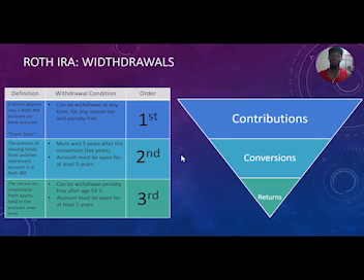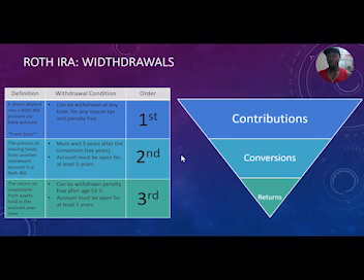So using conversions can be a great way to access funds that you otherwise would not have access to until a later age. And you can plan out conversions such that you have a steady stream of income before the standard retirement age of 59 and a half, when you can start to access the money normally through a 401k. This process is known as a Roth conversion ladder. And I'm going to make a separate video about the Roth conversion ladder and how it works and how you can use it to set up early retirement and things like that, or even just a more substantiated retirement